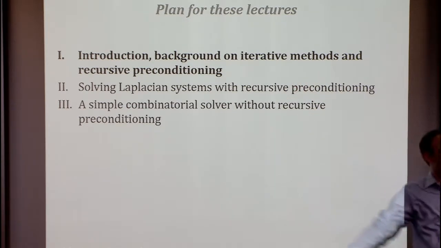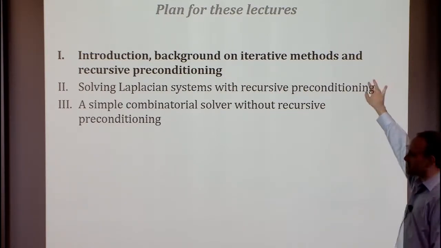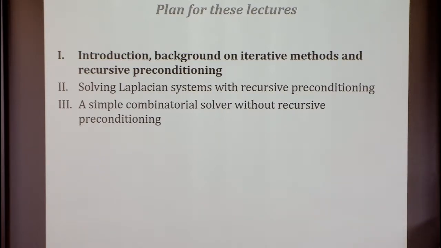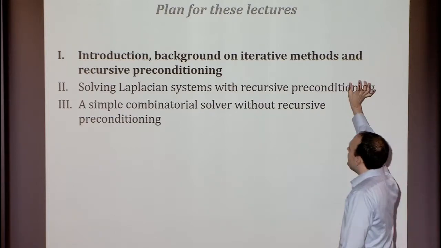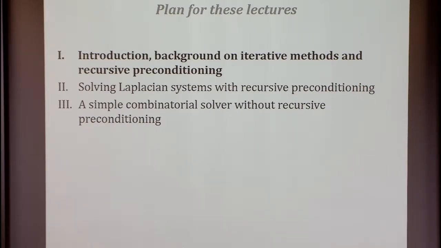Today is going to be background on iterative methods. Number two is going to be one approach, which is the one that I'm going to follow, an algorithm due to Koutis, Miller, and Peng. It loses a couple log factors compared to some of their more recent work, but it's got this very clean, simple picture, and I'll say a few words about how to improve it, but it's actually going to be pretty close to the state of the art, and I will get most of the algorithm into the second lecture. So I'll sketch some details, but give you the high-level picture. And it's going to be based on something I'll describe, which is recursive preconditioning.